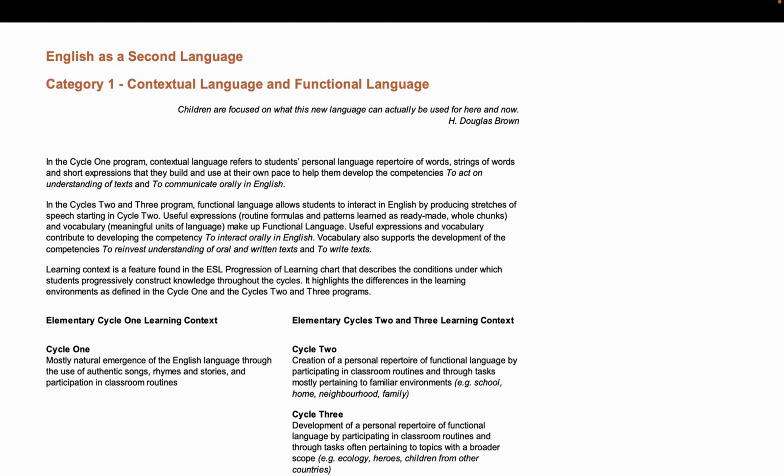The progression of learning exists for all the grades from grade 1 all the way up to secondary 5, which is grade 11. So in Cycle 1 program, we're going to see that the first category is contextual language and functional language. What is that? Well, it's the kind of knowledge that we need to be able to speak and interact and understand things in English. In Cycle 1, that's words or strings of words, short expressions that will help them to communicate and to understand